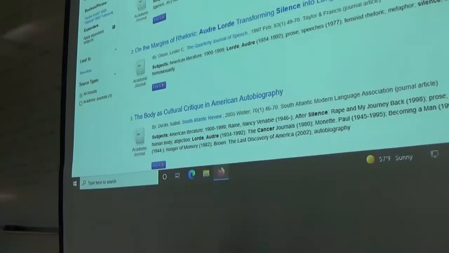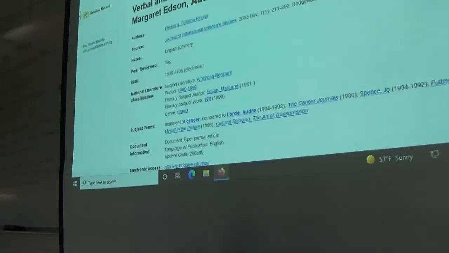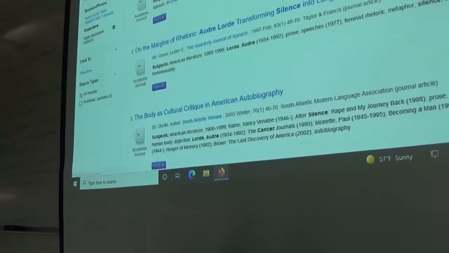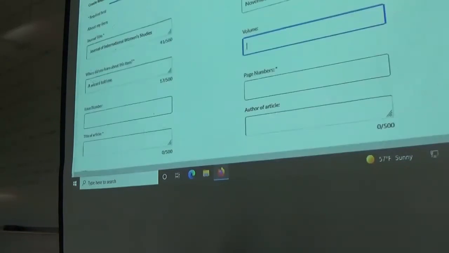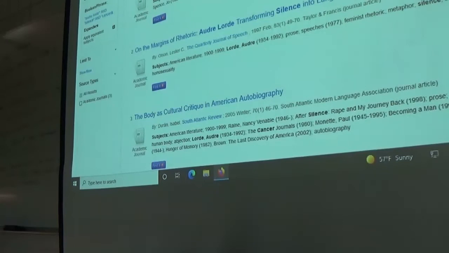Okay, this here, right after the date, outside the parentheses, is the volume number. So this is volume 7. And in the parentheses is the issue number. So this is volume 7, issue 1, and the page numbers are 271 to 292.